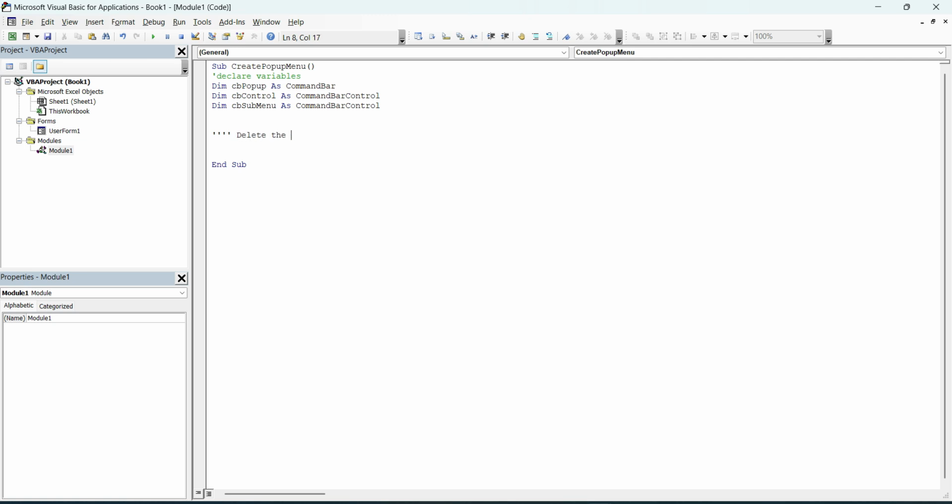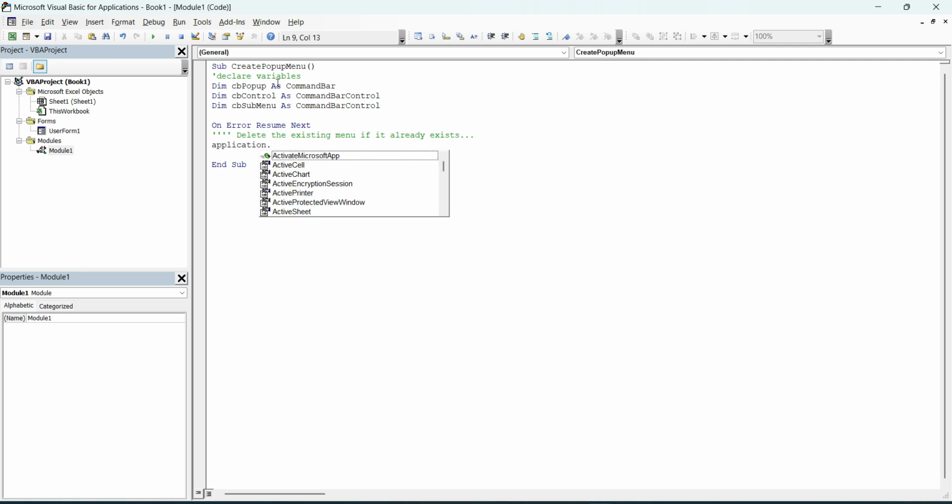Now let's do one more activity before. One of the practices whenever you create a context menu is that it should be removed when it is used up. So I am just going to write on error resume next right now over here, because if it is not there, then an error will pop up. So to handle that error, I am just writing on error resume next, and here we are going to write application dot command bar my custom menu, okay, dot delete, and below here I am just going to write on error go to 0. This will set the error handling back to default.